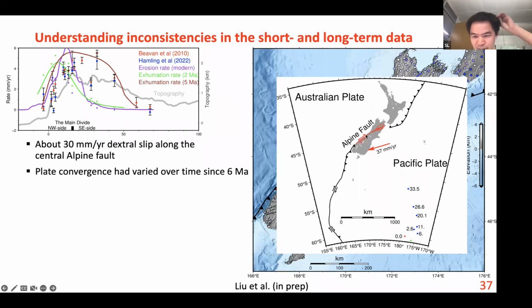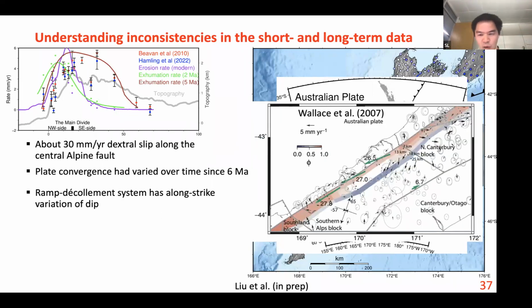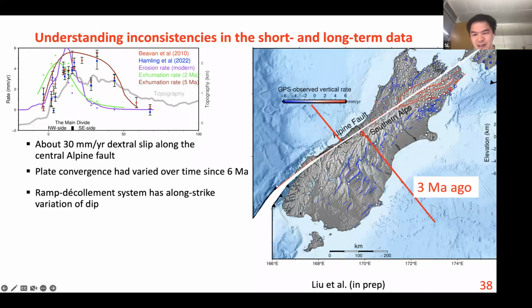And also along the strike of the Alpine fault, the plate convergence also changed a little bit. And also the Alpine fault system has a long strike variation of the dip. You see in the central part, it looks like shallowly dipping, but in the northeast and southwest, it's much steeper. So for example, the southeastern part of our GPS profile was located about 80 kilometers further northeastward about 3